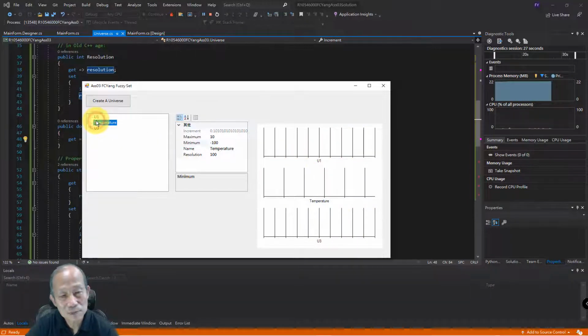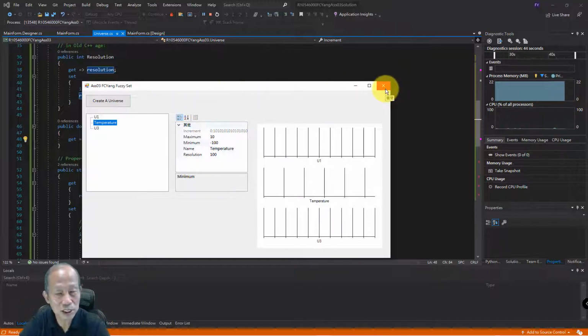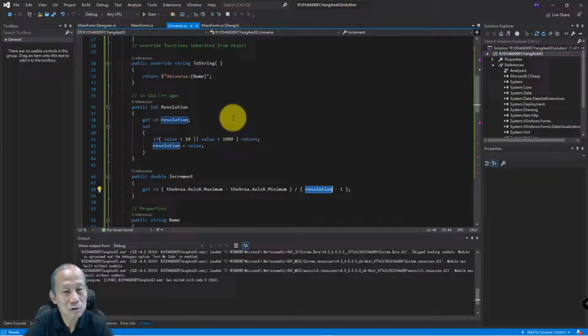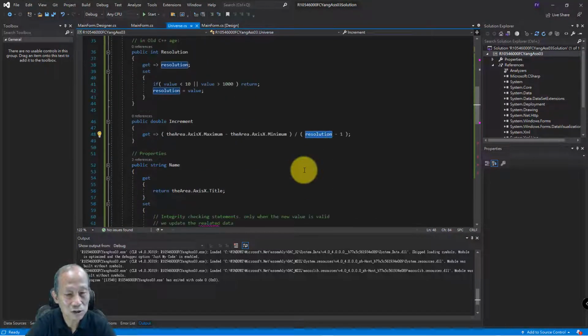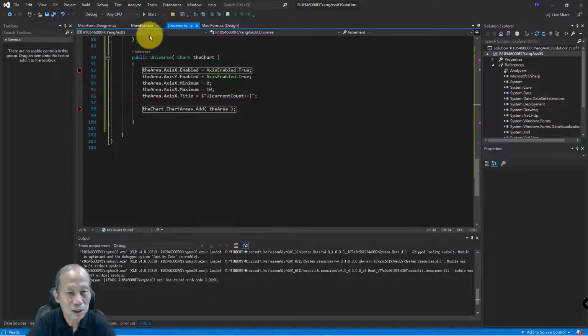How about delete? Once you delete it, it's very simple. Just this node has been removed, but your chart area should be removed too. So later on we will try. But think about it. In this moment, maybe you can deal with that by yourself. Okay, so up to this point, probably the universe has been done. Since the chart area is maintained by this universe, we had better in the constructor